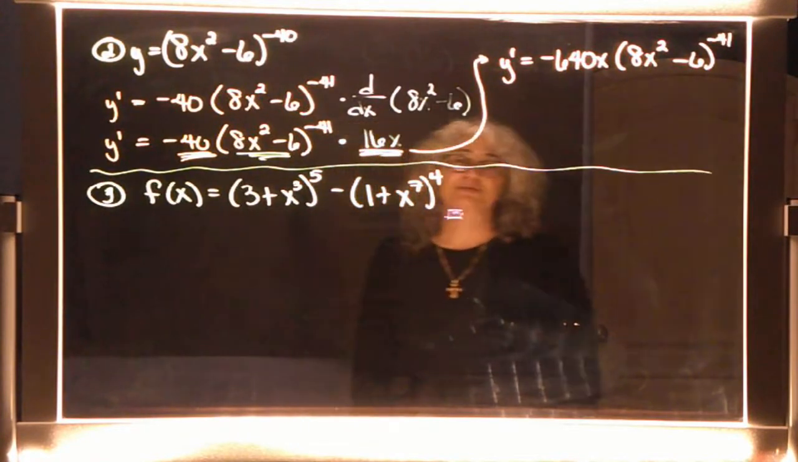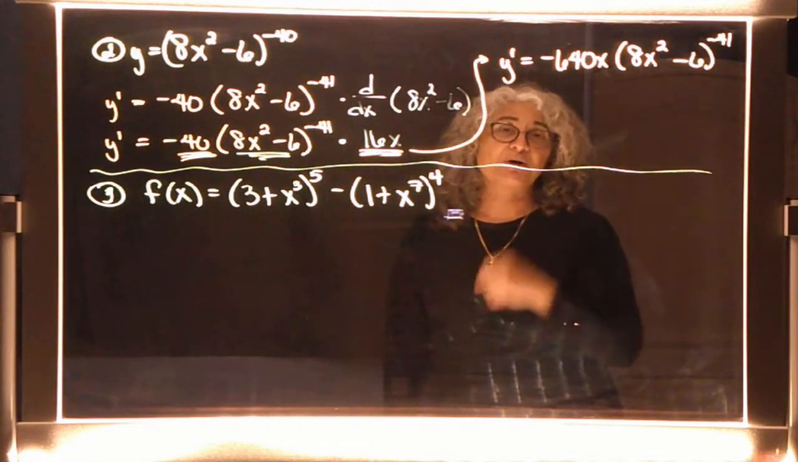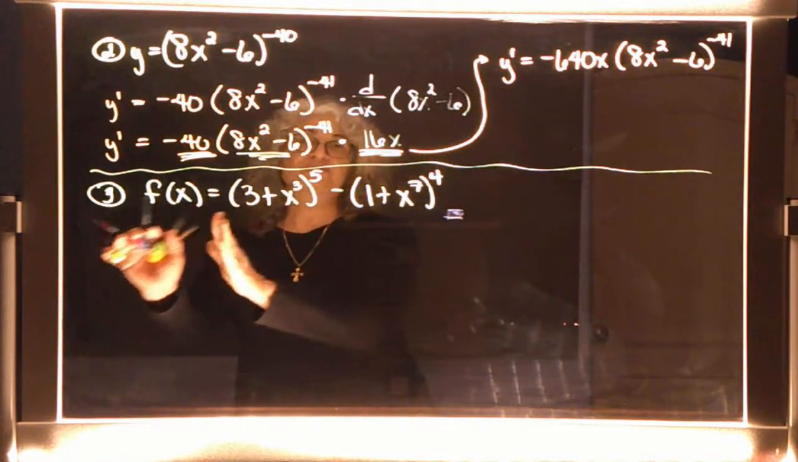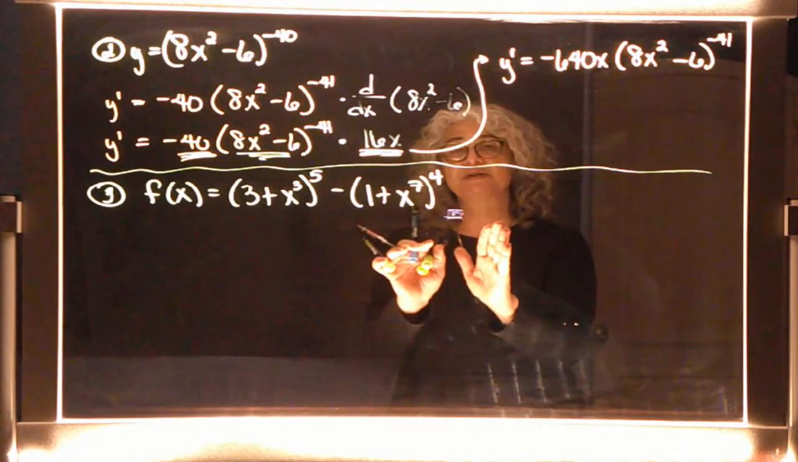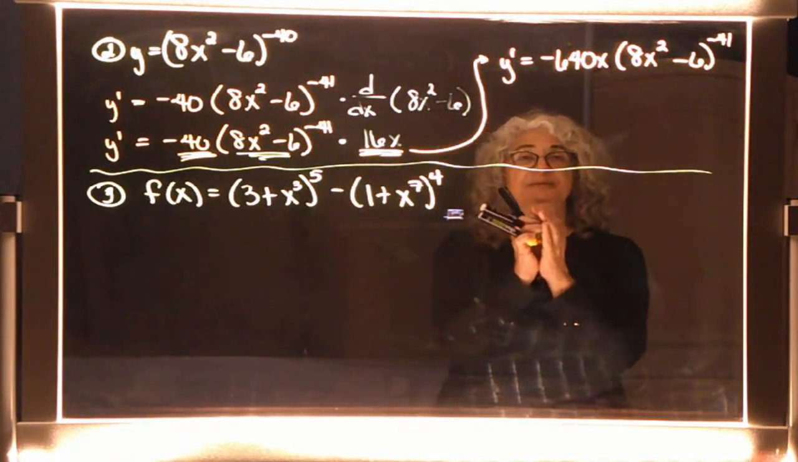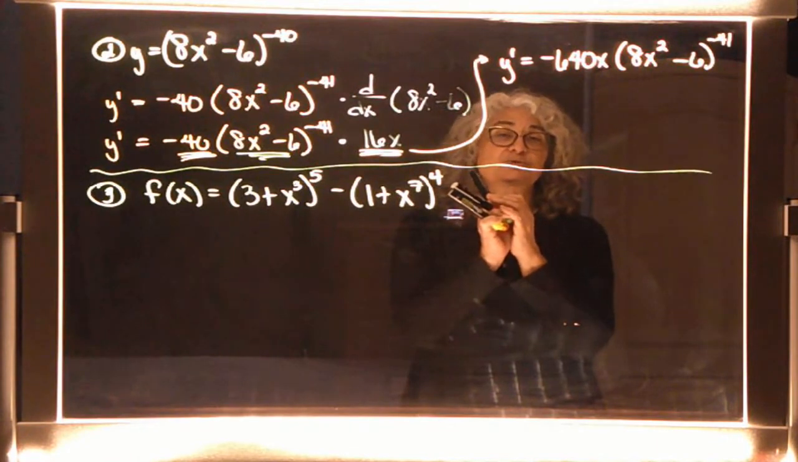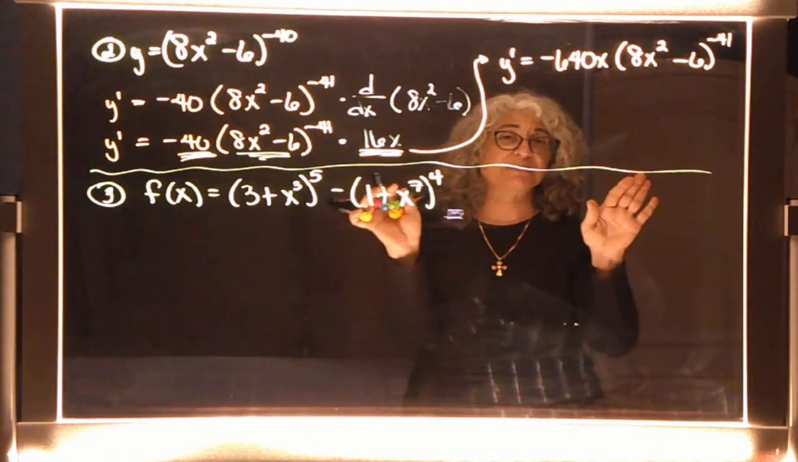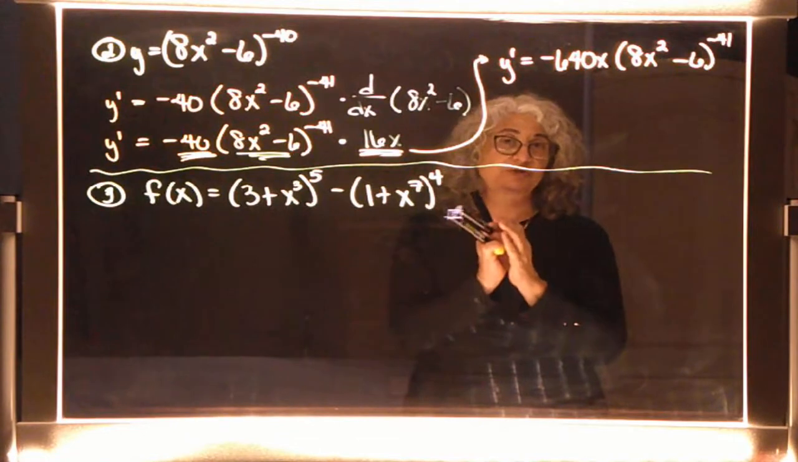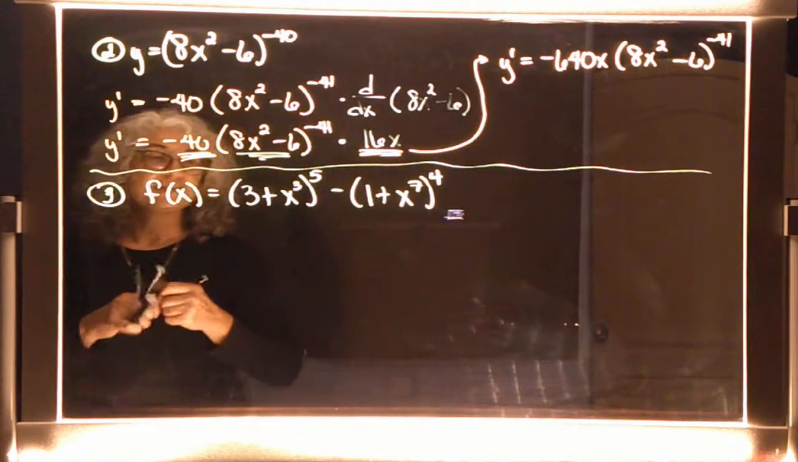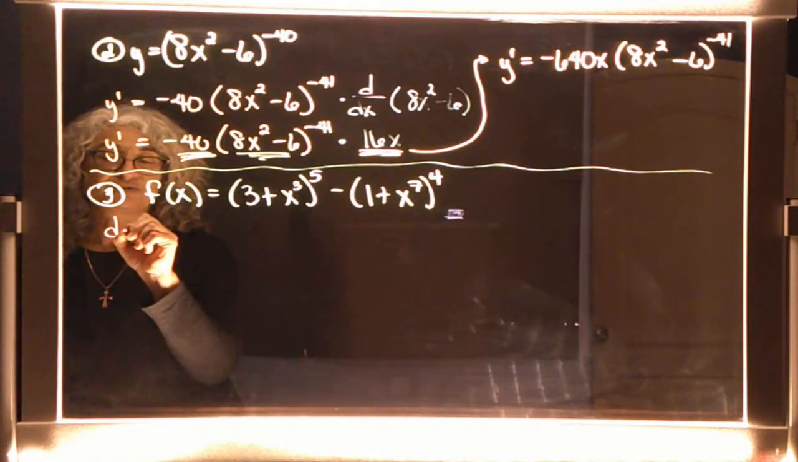Okay, let's look at number 3. Number 3 is like a two-parter. So here's what I'm going to do. I am going to take the derivative of this first part, and then the derivative of the second part, and then I'm going to bring them together. Because since they're attached by subtraction, subtraction lets me look at the two pieces separately and then bring the two answers back together. So, let's look at finding the derivative